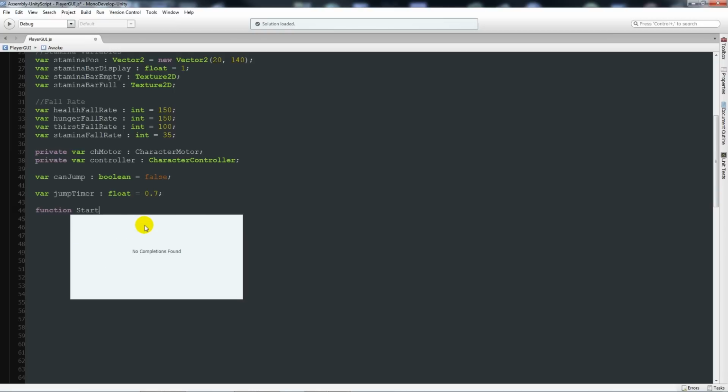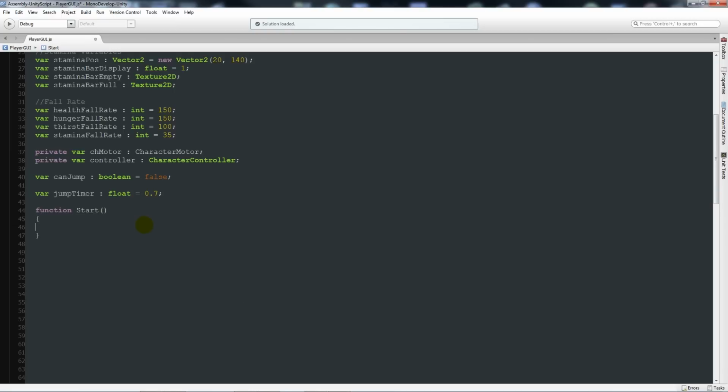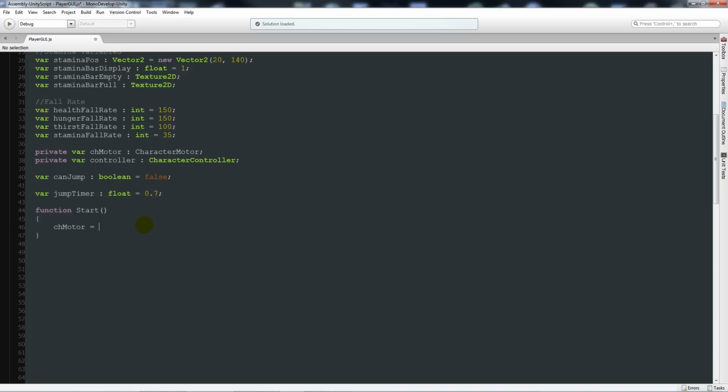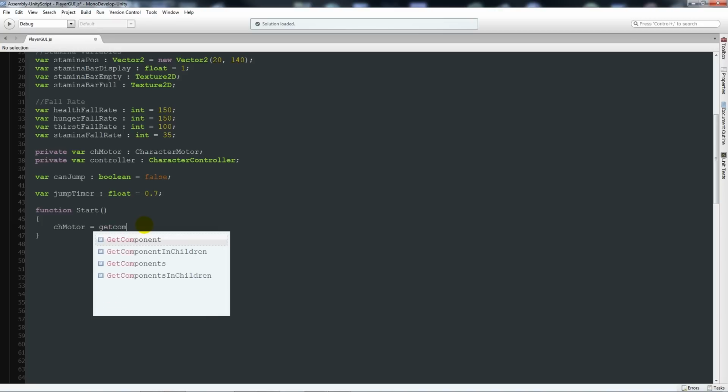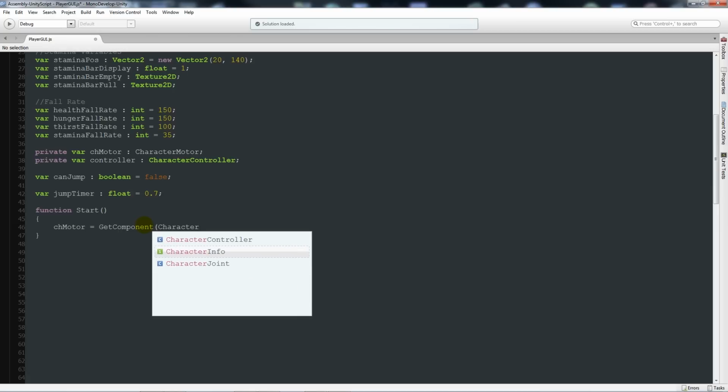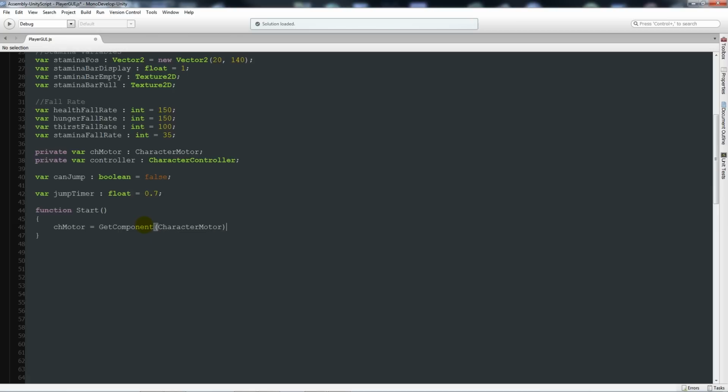So in the function Start, what we're going to do is add the function Start and add the 2 curly brackets below, and as I do with many scripts, we're going to reference a component that is actually on the object that we're going to add this to. So we'll add this to the first person controller. So chMotor equals GetComponent in brackets CharacterMotor, because the character motor is the thing